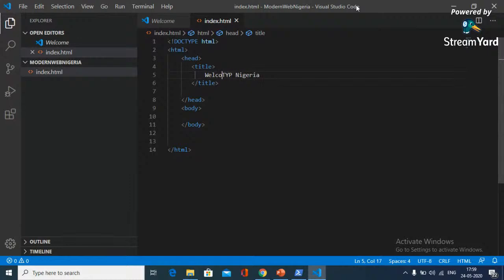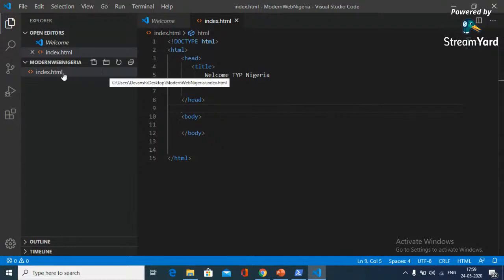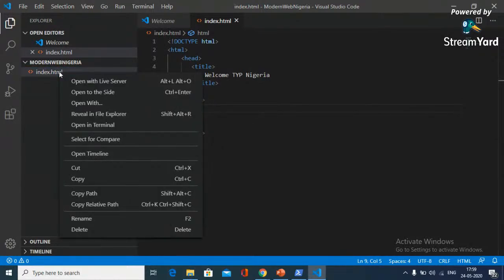Welcome. As we are going to develop this website, type Nigeria. So I would add the title as welcome, type Nigeria. Okay, so this is the title tag. Now if you want to see your web page, what you have to do is right click on this web page in your file, in the left menu in Visual Studio. You just write reveal in File Explorer,